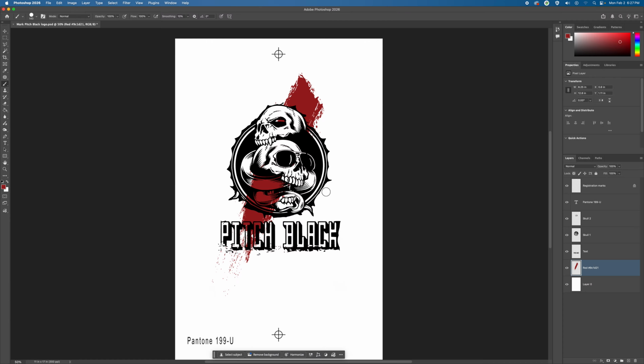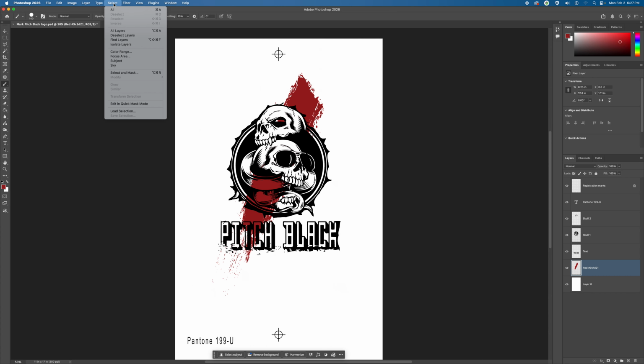So we have black ink and we have red ink, and we need to separate the colors because we need two printing plates, one for the red and one for the black. So I'm going to make sure that my red layer is selected, and the way I do this is come up to Select, Color Range,